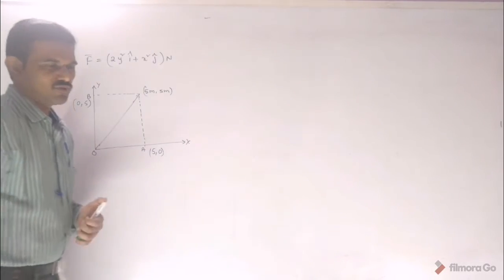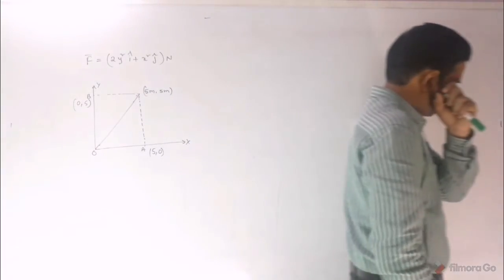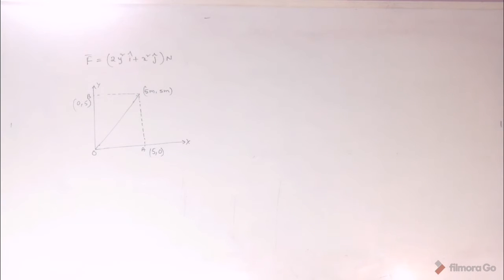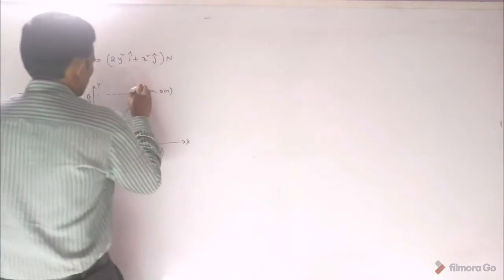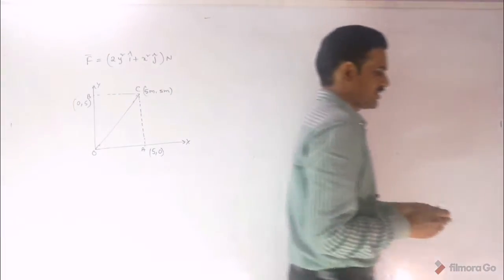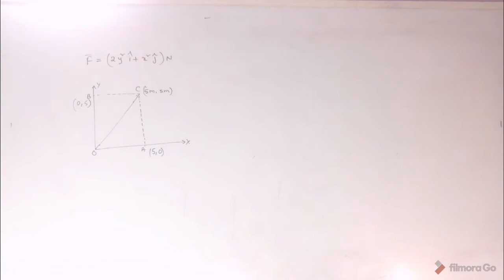Find work done by the force when the particle is taken along A, O, C. This point is C. That is the first question. And second question,